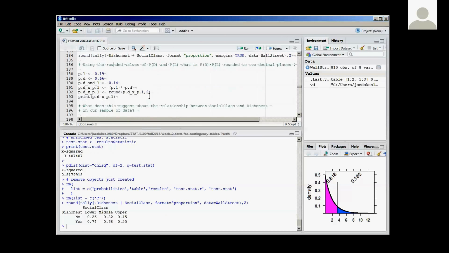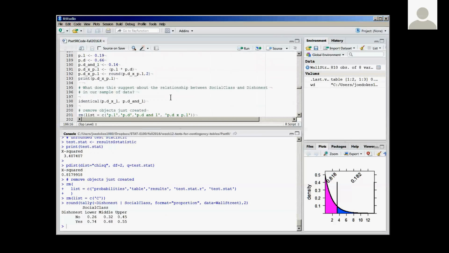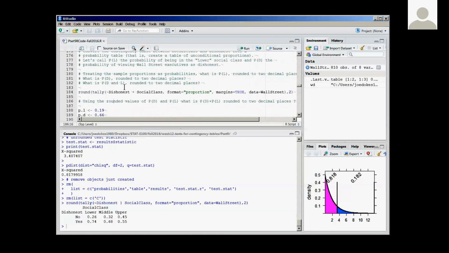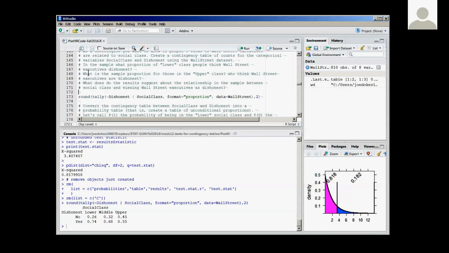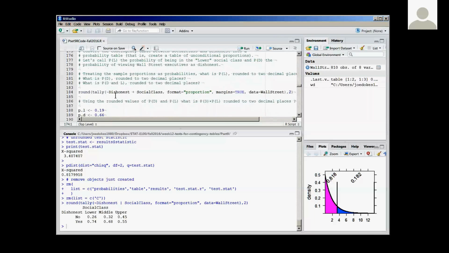I'm going to skip some of this other syntax, I think, simply to expedite. Oh, let's do this, I guess. We can go through this. That's fine. Let's see. We've gone through this. So what this gives us is a proportion of the population that thinks that Wall Street executives are dishonest, contingent on social class. And we're giving the proportions that we round to 2 decimal places. And now we're going to round